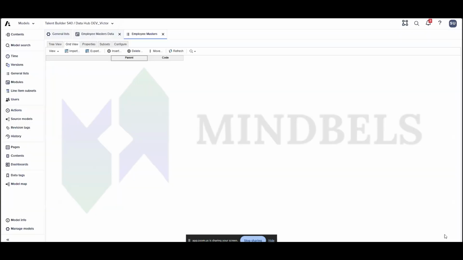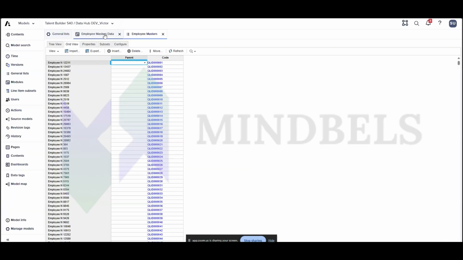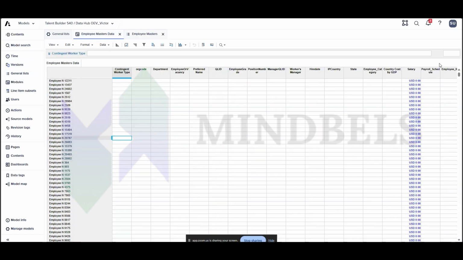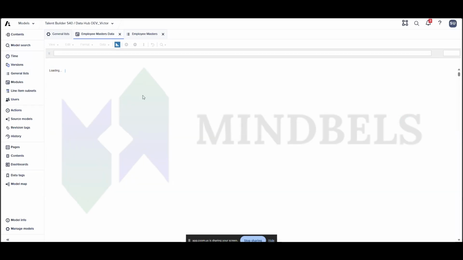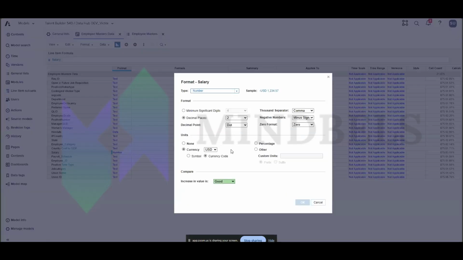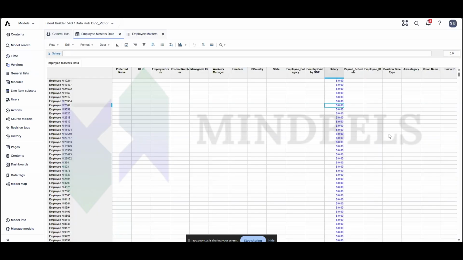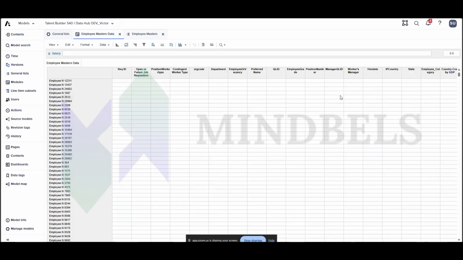Then I'll go to the module and you can see the items created, and the salary line item is being formatted as dollars and 0.00. If I change it to, let's say, symbol, instead of USD it will be a dollar symbol, which looks cleaner. So we'll go with that and I will load the data,